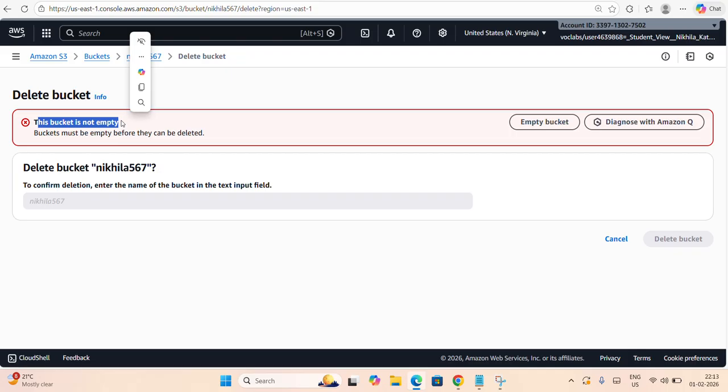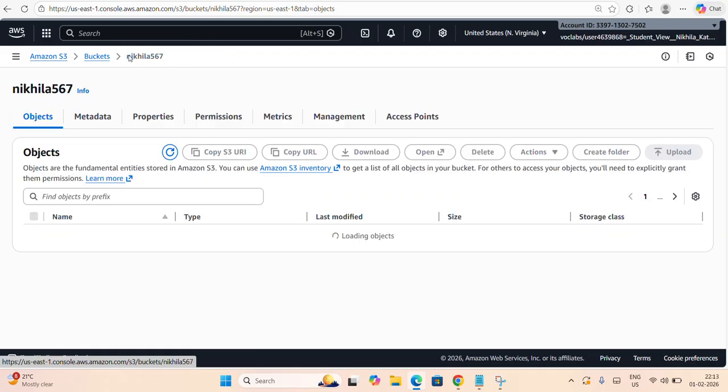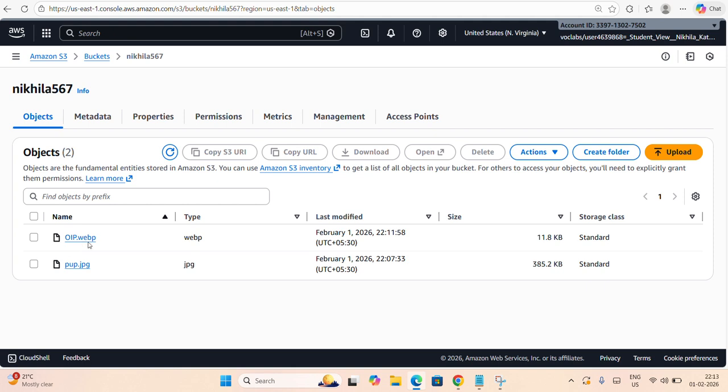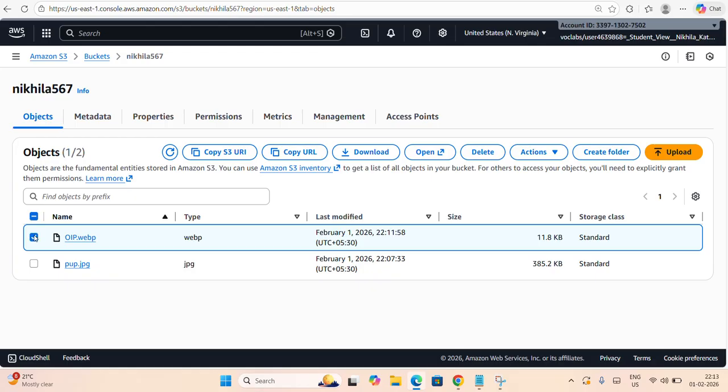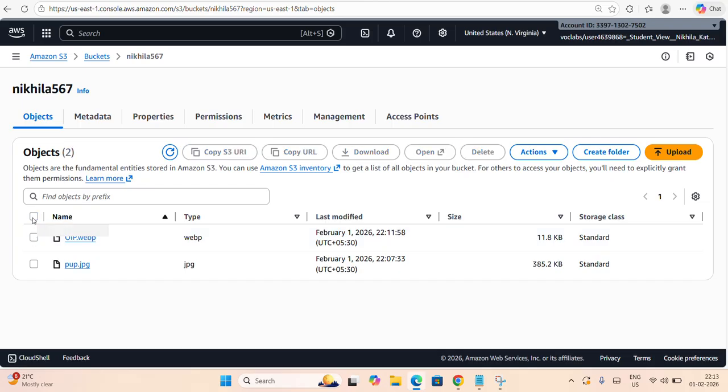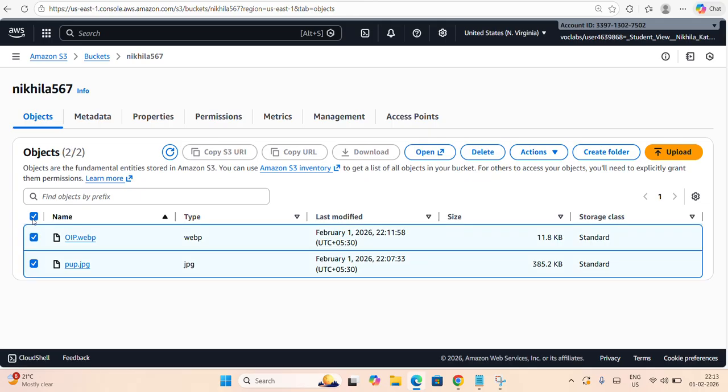So first what we need to do? We need to delete the objects. For that, go to the buckets. Go to the objects. If you want to delete an object, you can click on the object which you want to delete. If you want to delete all the objects at a time, you have two options. First, you can click on the checkbox just beside the name so that all the objects will be selected,